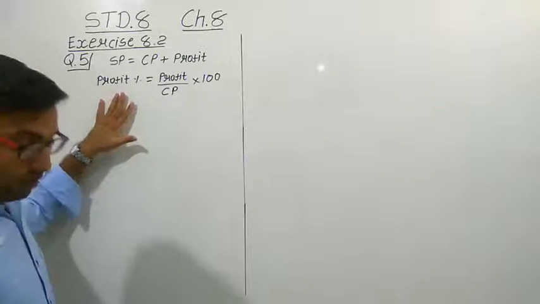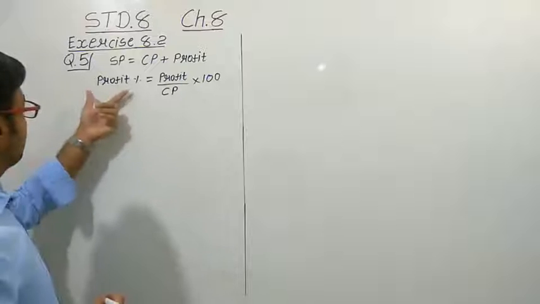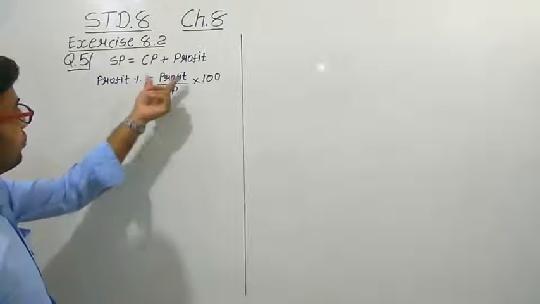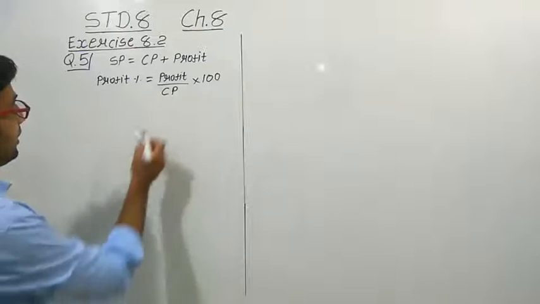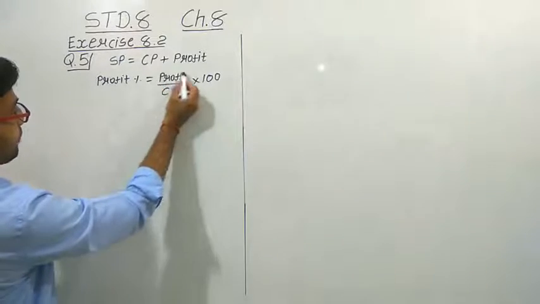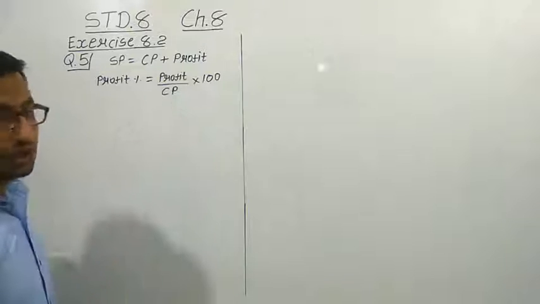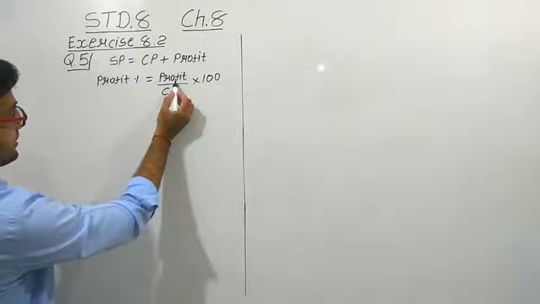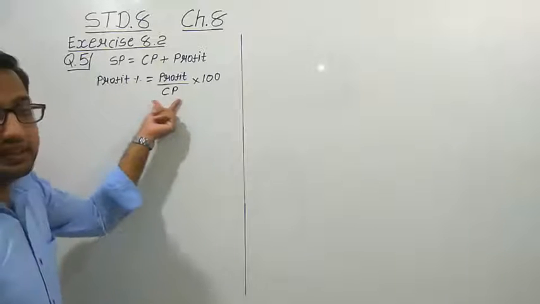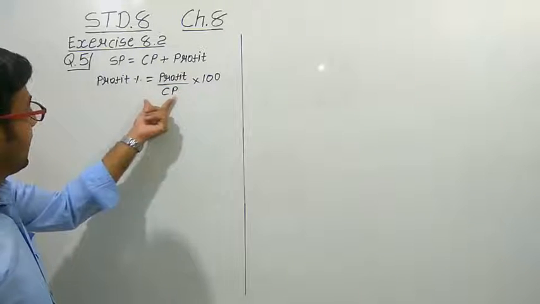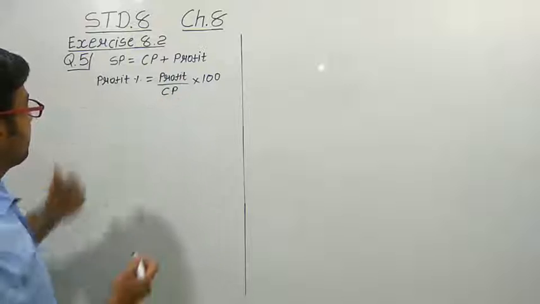If this is the formula for the profit, then the same thing we have for the loss. Loss percentage is equal to loss upon cost price into 100. So from here we have to make this profit the subject. Why do we make the profit the subject? We have to take this CP to the left hand side. Currently it is in the denominator with the profit. Now the CP will multiply with the profit.